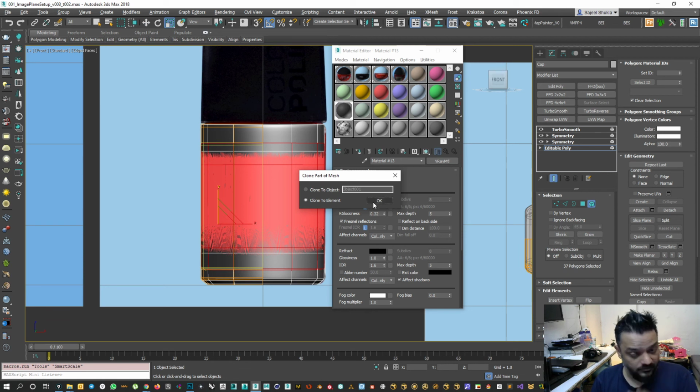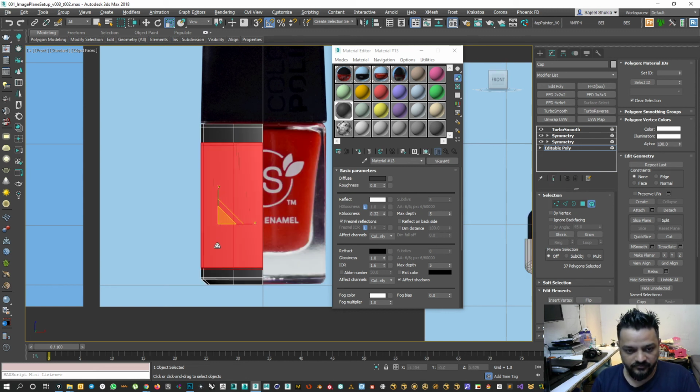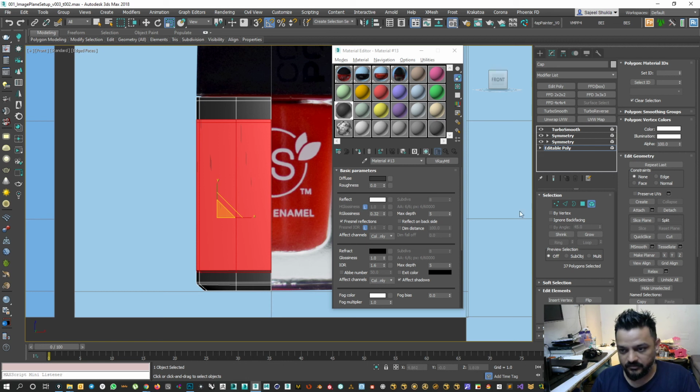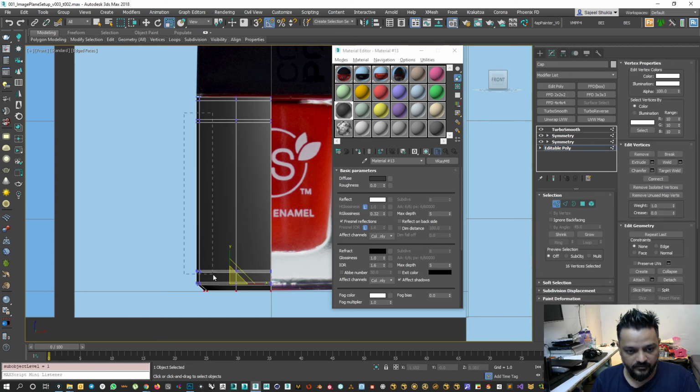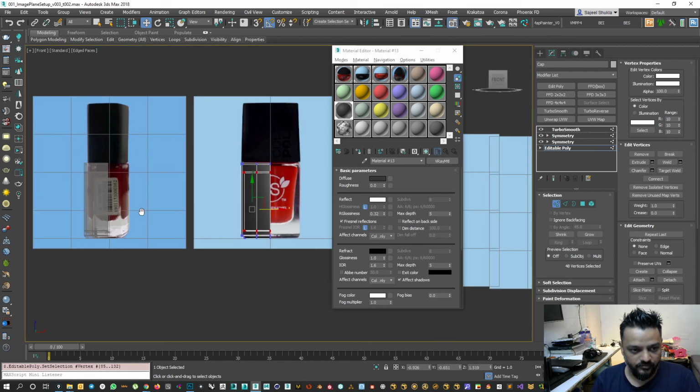And just say clone to element, okay. And maybe turn off my smoothing so I can sort out the interior shape. So select this and just select these guys and bring them in a little bit, and select everything, go to my side,